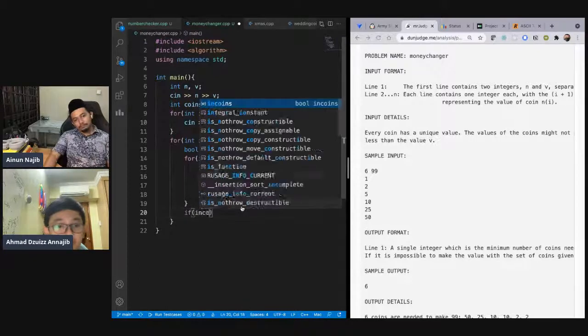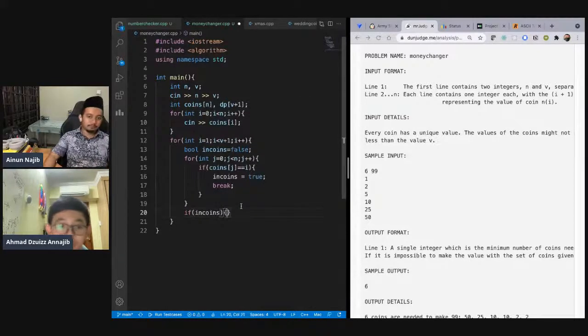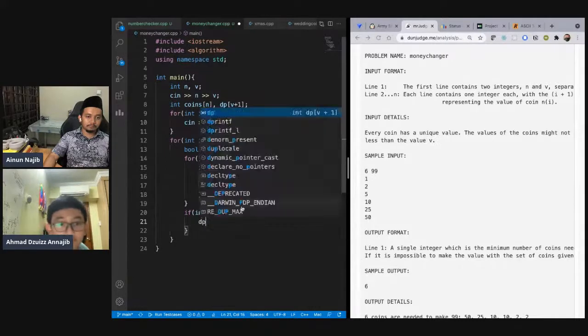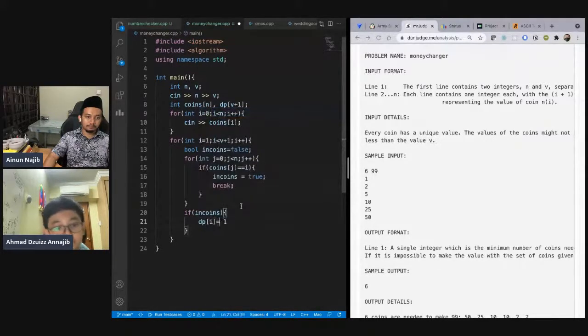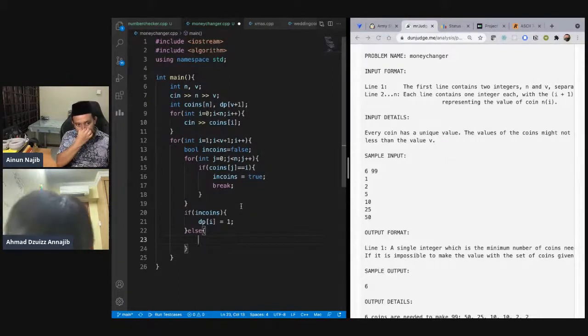If in points, then dp i equals 1. Okay, so it's not in the coin. Then we